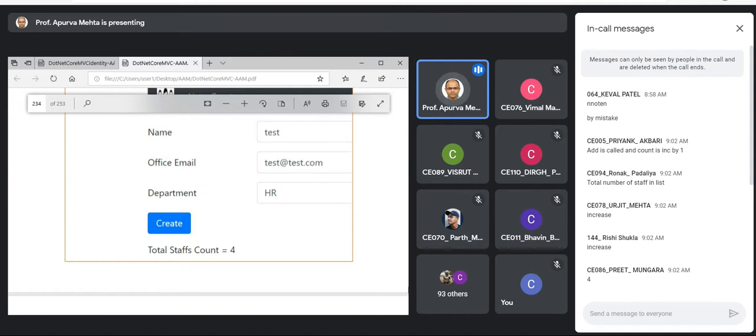Whenever you add, you will see the count 3 because you have static, hard-coded data. So every time that count is 3, plus you add 1, makes 4. Because whenever the request is from the form, not through your code, it's a new request and a new scope. That's why 3 plus 1, the count will always remain 4. So that is the add scoped service. Let's move to the next one.